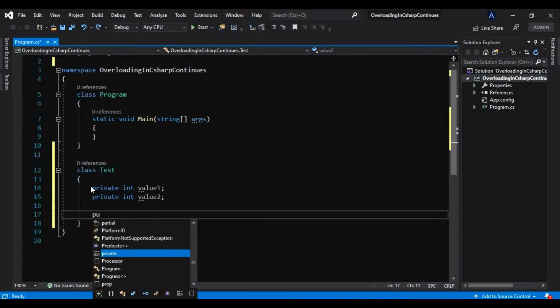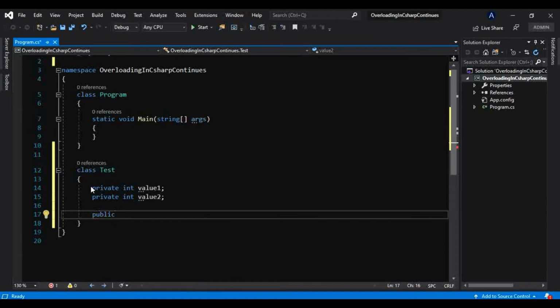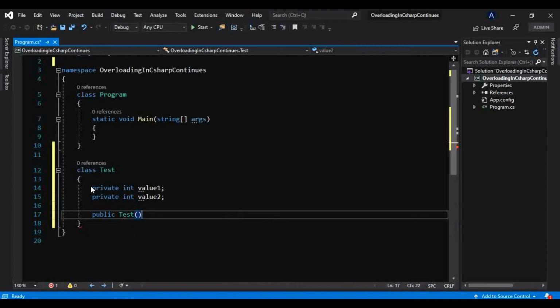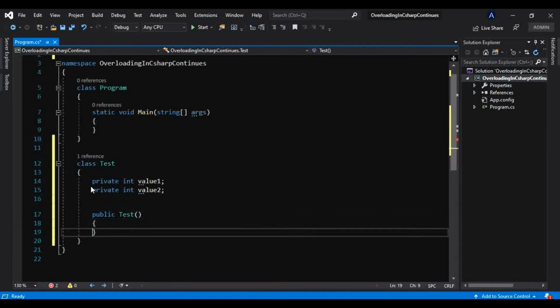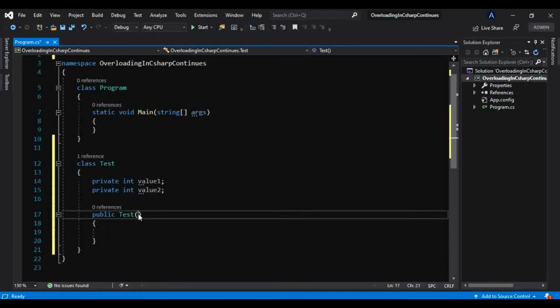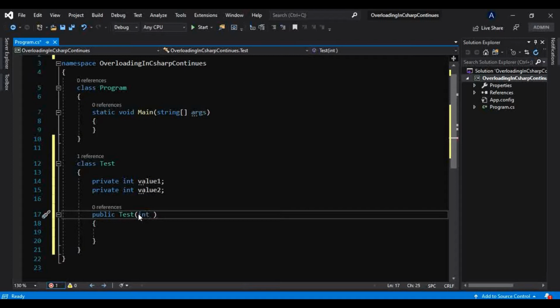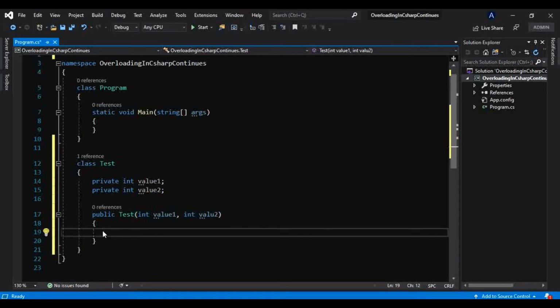I will take one constructor which will initialize our fields. We know the constructor has the same name as the class, and it can be parameterized or parameterless, but this time I will take a parameterized constructor with int value1 and int value2. Whatever integer values come into our constructor, we want to initialize to our fields.